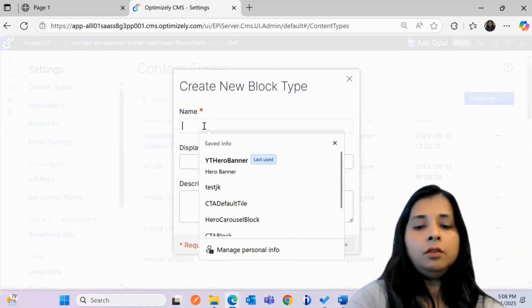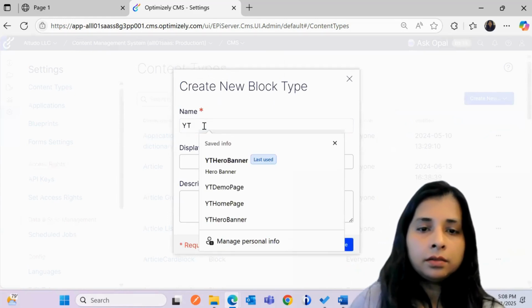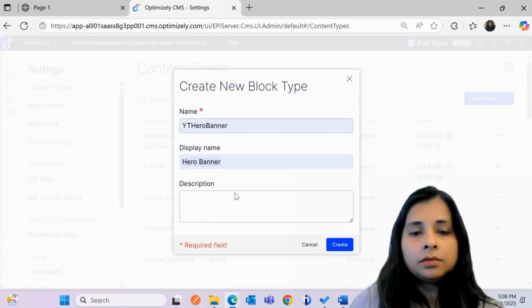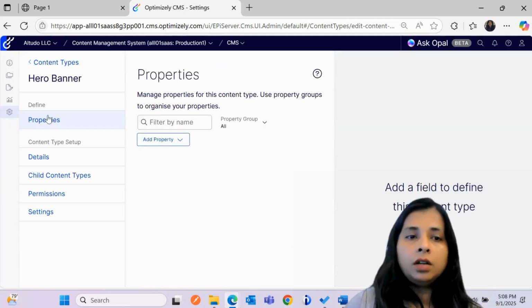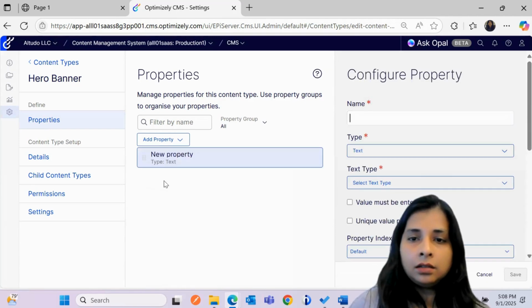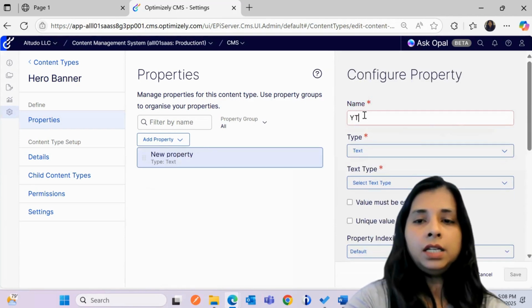So we'll name it like YT hero banner, which has a display name of hero banner. And if you want to add a description here, you can add it. Create. Now you can add the properties. So we'll add a property for the title, say YT title,